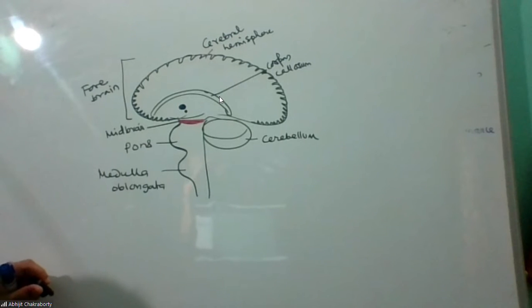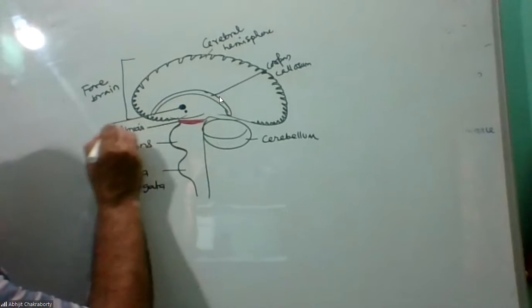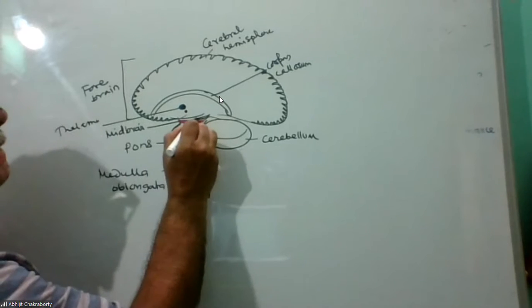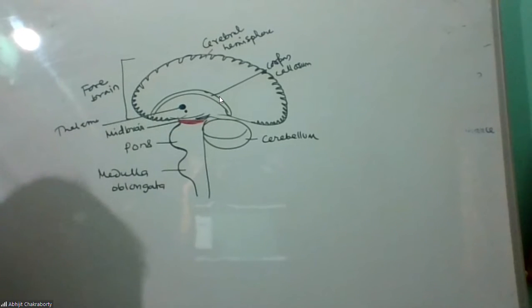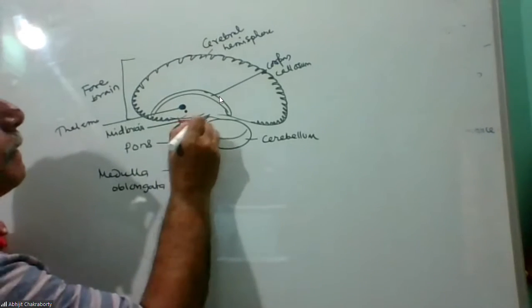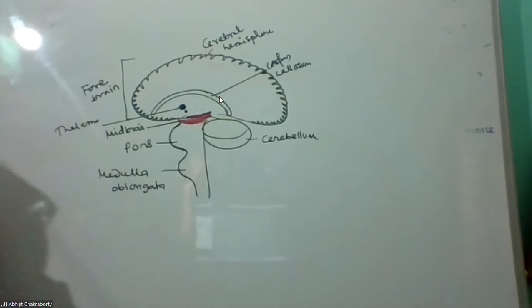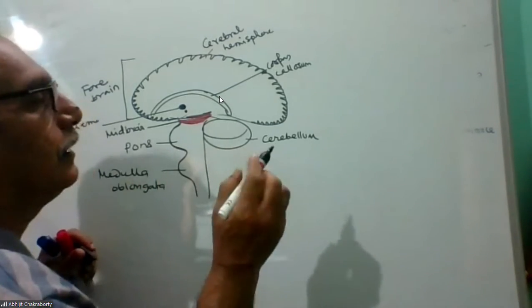And below which you will get the thalamus here. Now, if you go to another diagram,